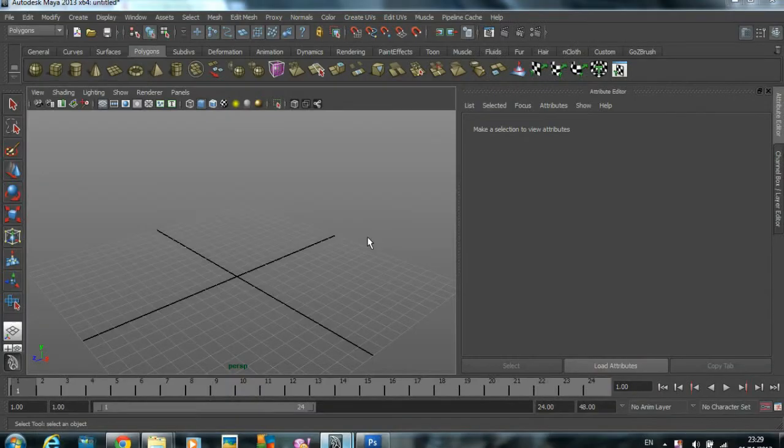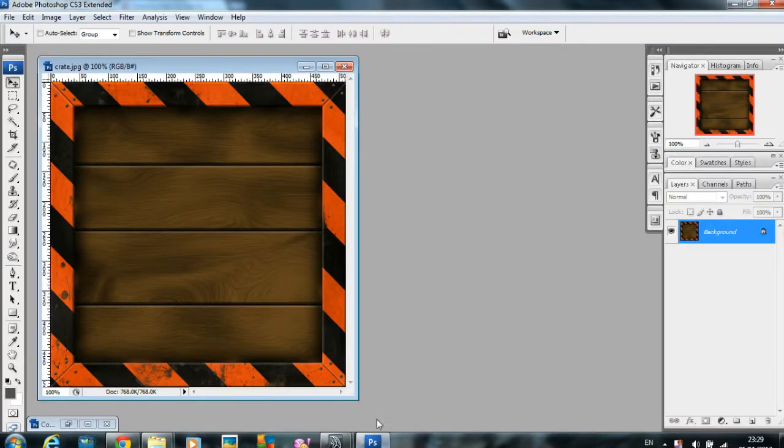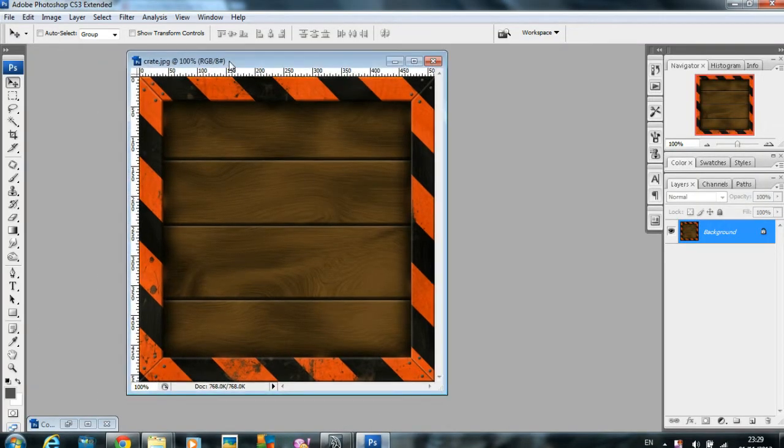Hi, we'll start modeling a crate and we'll try to unwrap it and texture it. We'll be using Photoshop and we'll download one image, anything related to the crate. I downloaded this image. You can just type on Google here and just type